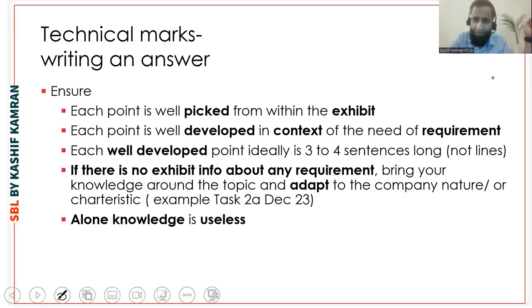I'm just coming to that, Azmeer Raza. Each point should be well picked from within the exhibit. That's the first thing you need to assure yourself. You need to ask a question to yourself: did I pick all the points in my answer from the exhibit? Or what percentage of points in my answer were coming from the exhibit? If 70%, 80% of the points in your answer are from the information given in the exhibit, you're passing the